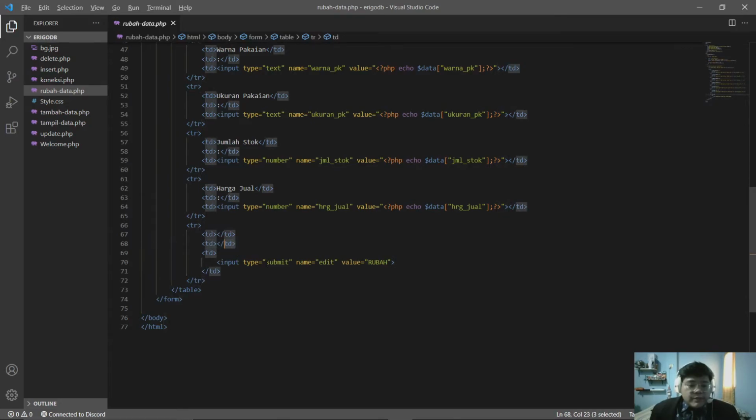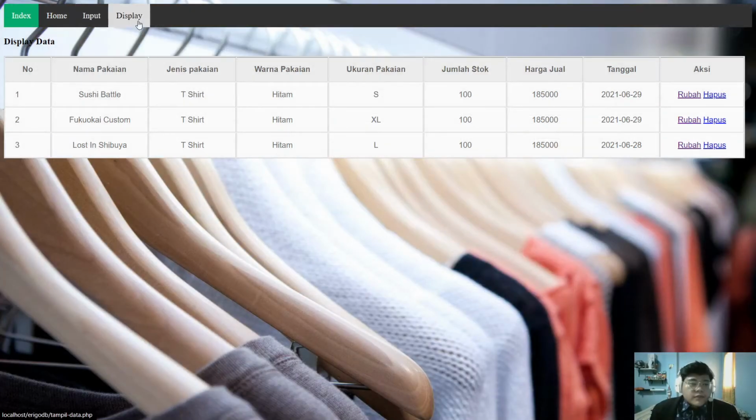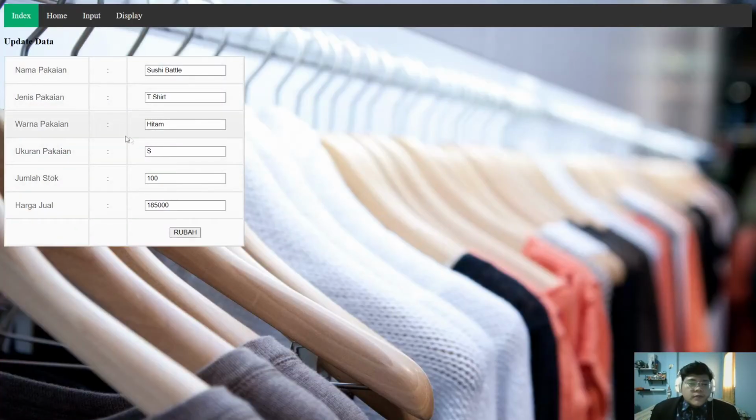It's also the same. So when we press this button, it will appear.